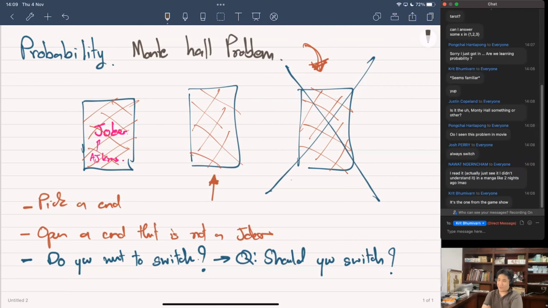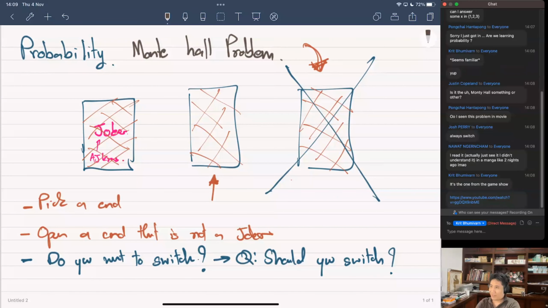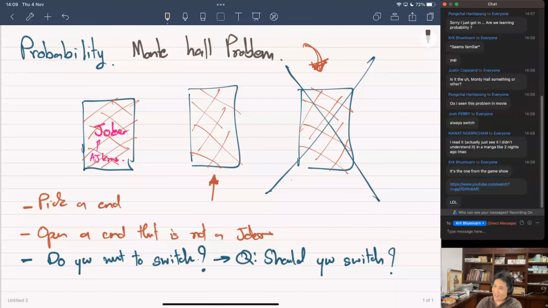It was an actual game show in probably the 1970s, 1980s. And there was a big debate in America about this. There was a woman whose IQ is like 200 something, who tried to convince everyone else in America, you know, how smart American people are. They believe in like vaccine is bad for you and such and such. But she got death threats from a whole bunch of people saying you're a woman, what do you know, and things like that. So way back then, people were racist and sexist.